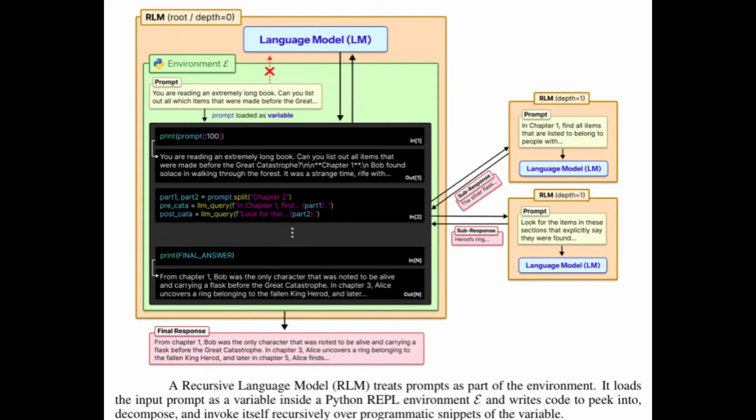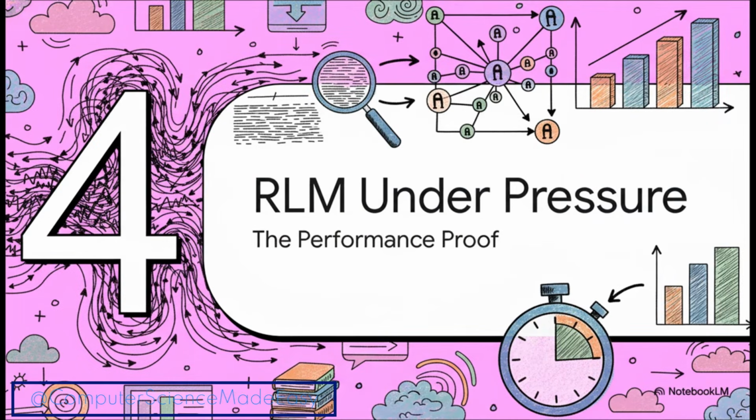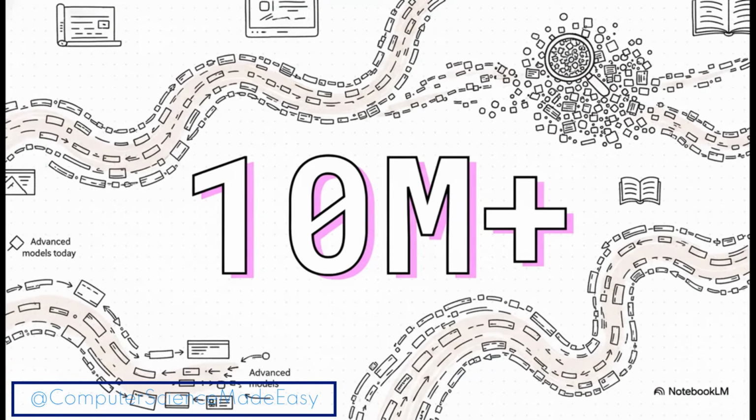It's literally problem solving on the fly. It's incredible. Okay, so the theory sounds really elegant, right? But the real question is, does it actually work? I mean, when the rubber meets the road on some incredibly difficult tasks, well, the researchers put it through the ringer with some truly massive benchmarks. And the results? Honestly, they're staggering. We're talking about RLMs successfully handling inputs of over 10 million tokens. Now, to put that into perspective for you, that's about the same amount of text as the entire Harry Potter series. It is orders of magnitude beyond what any standard model out there today can even dream of handling.